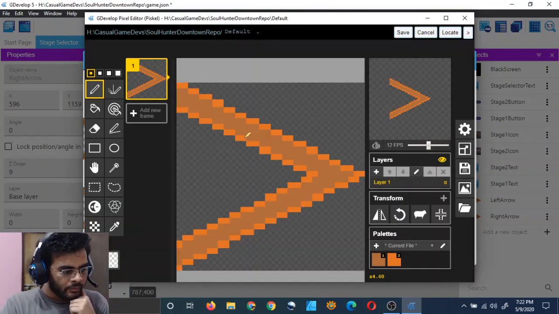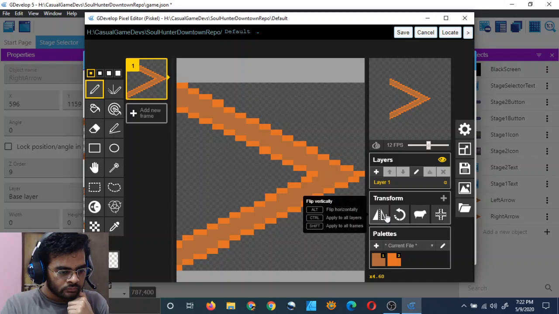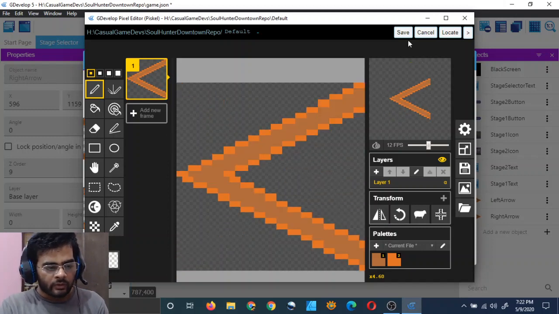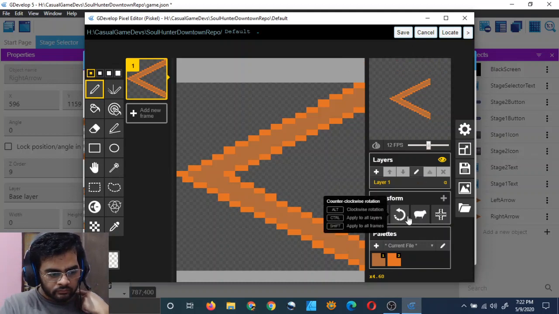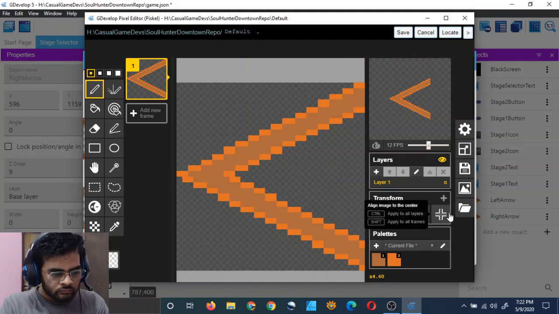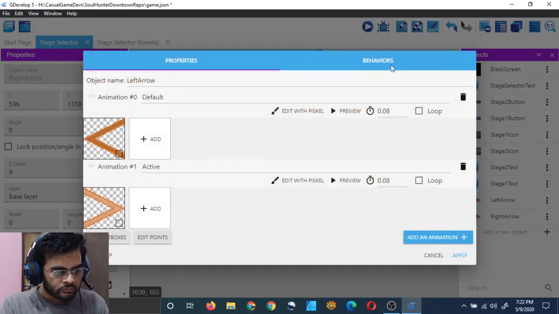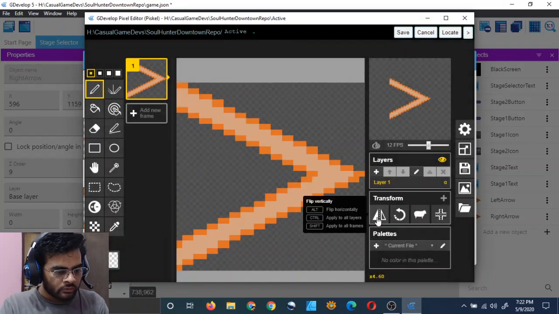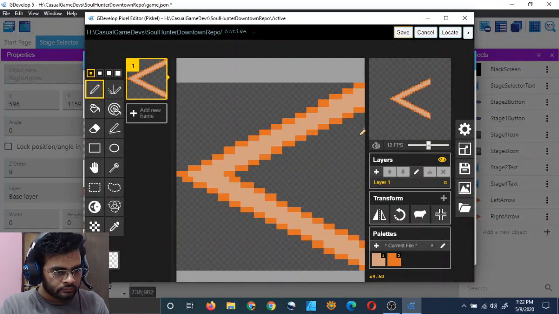Can I flip it down? Oh yeah, I can. There it is. It got flipped. I can rotate. I can align image to center. That's good. It's flipped, and flip this one also.